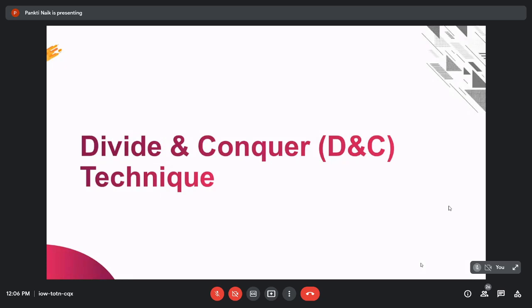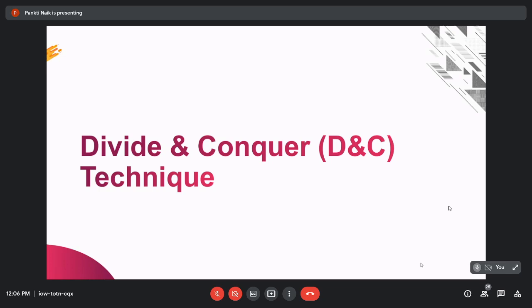Okay. So in the divide and conquer strategy, first we divide the large problem into a number of sub problems. Then solve each and every sub problem, and that gives you one sub problem solution. And in the third step, combine all the sub problem solutions together to get the final solution. So this is the divide and conquer algorithm.